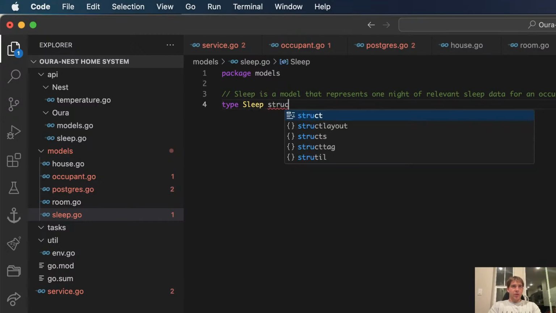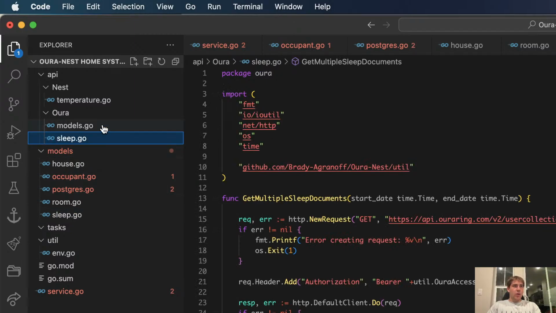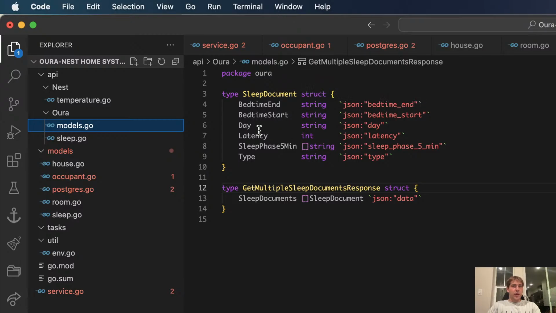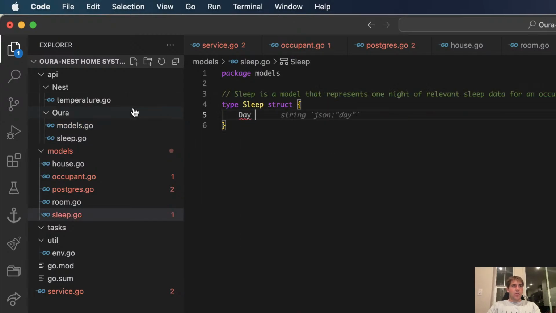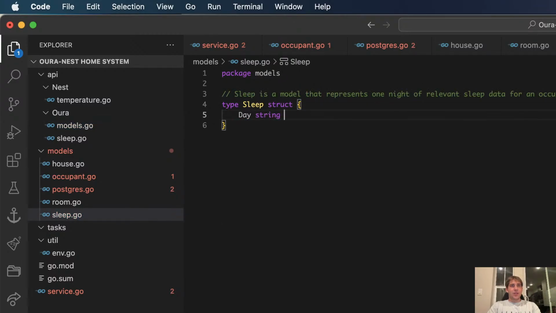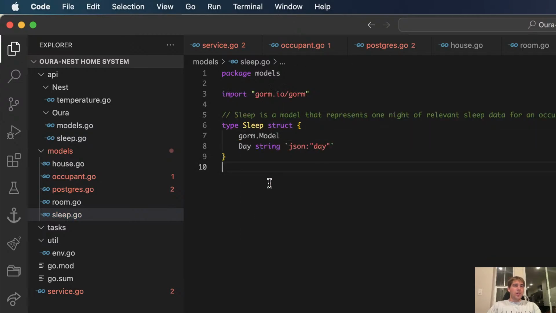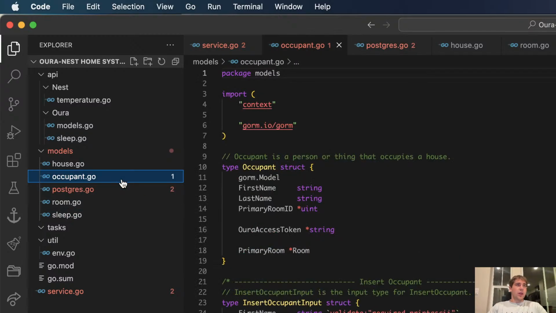Struct. I have some of the data I grabbed from before. I'll just fill in random stuff for now. Let's just do day for now. What was that? Type. It's a string. Nice. String is on day. That's fine. Okay. Let's do that for now. Oh, this should be in Golang, not model as well. I don't really know if I need to grab this data. I could probably just do it from Aura, but this is fine for now.